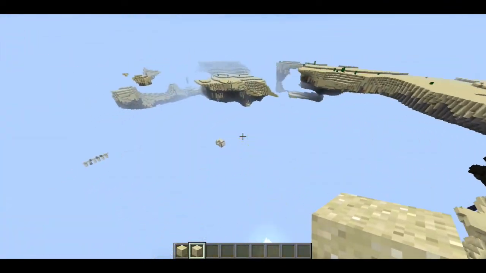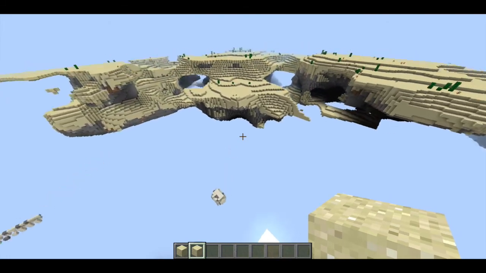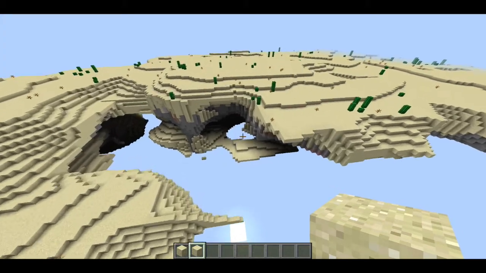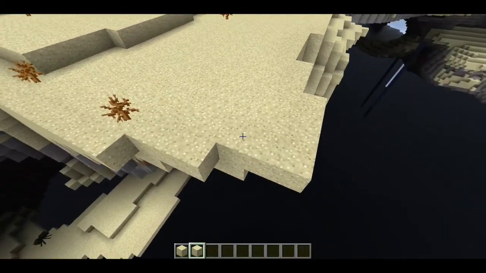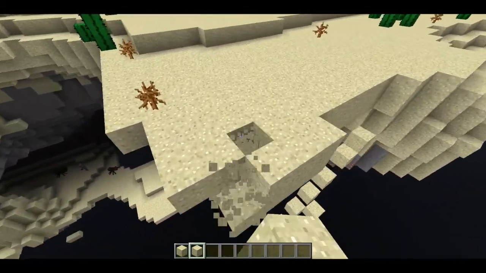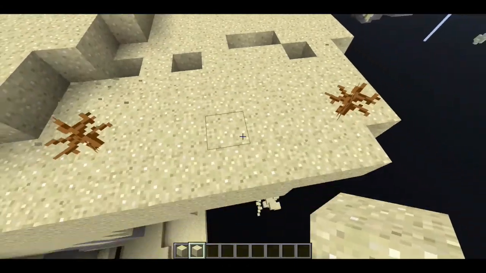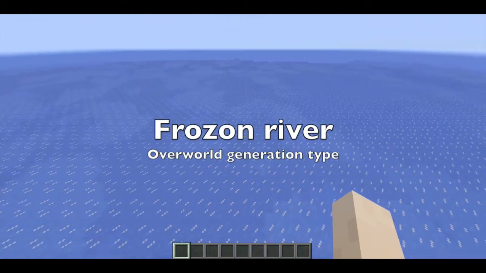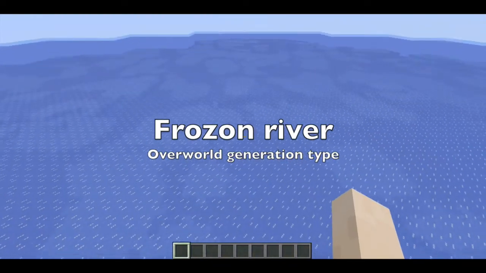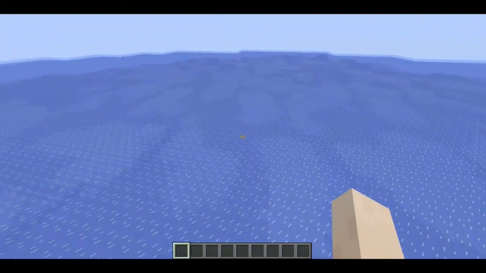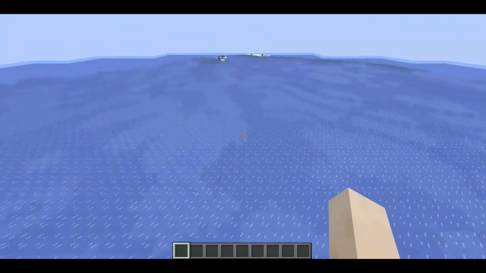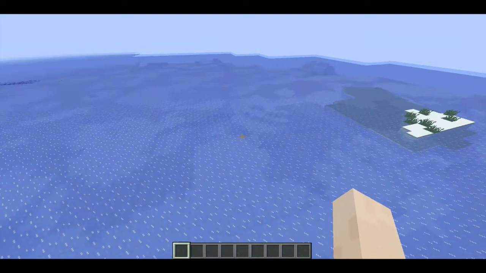I don't see anything else interesting to explore. Let's move on. Oh, one more. Okay, I can't resist. One more. Go away. It all goes away, right? No, it doesn't. Let's move on. As you can see, guys, I forgot to change the thing to the end style of loading. So I chose Overworld, and as you can see,